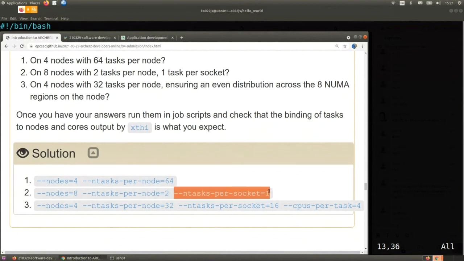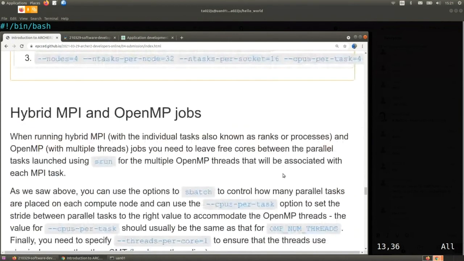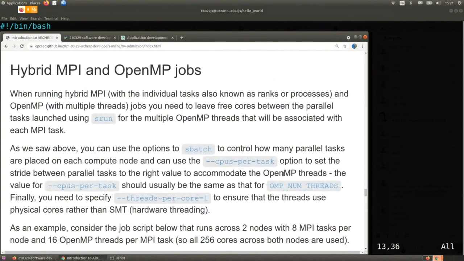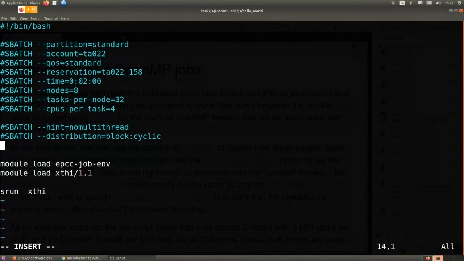Oh, and you can specify ntasks-per-socket to make that a bit easier. What that one is doing is specifying the number of tasks you want per socket, as another way of doing this. So for hybrid OpenMP and MPI jobs, the way you do this is by changing the CPUs per task. Actually, I'll do that now because it can be quite fun to do. Let's go for 4, because that way I know the numbers. There we go. And then I'm going to export